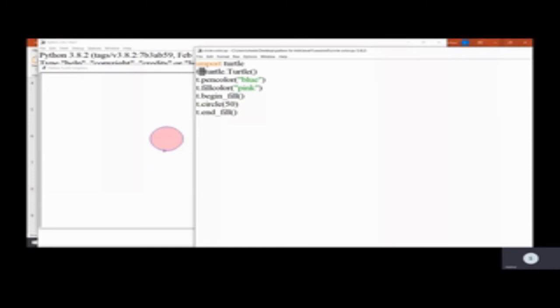This means that your turtle is asking for all of the functionalities from Python, and you're making the turtle ready with the name T. Now you have a turtle named T. The computer remembers T as your turtle. Now your turtle is ready.